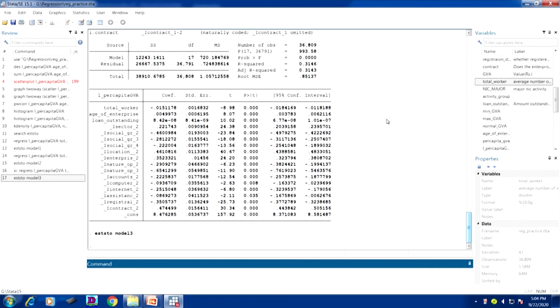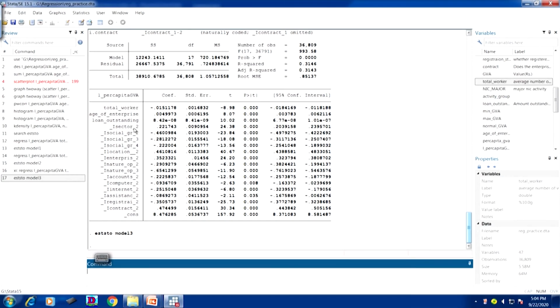Now, I just wanted to mention that you have already seen these basic results like the F test, its significance level, R square, adjusted R square. I just wanted to say, when our sector is a dummy, it has by default considered 1 as the first reference category, that is rural area.